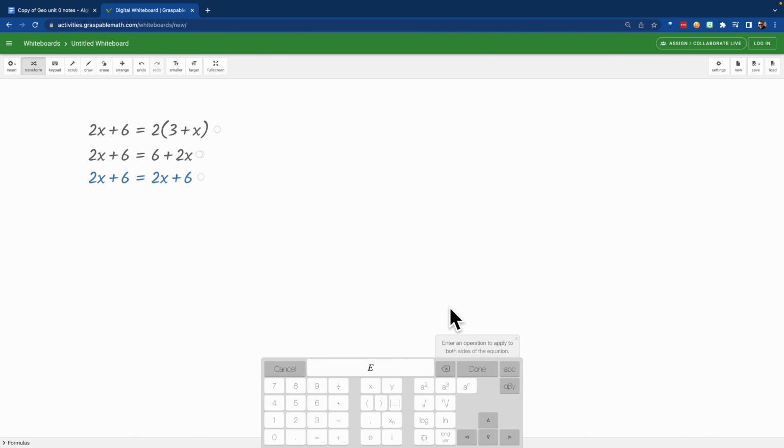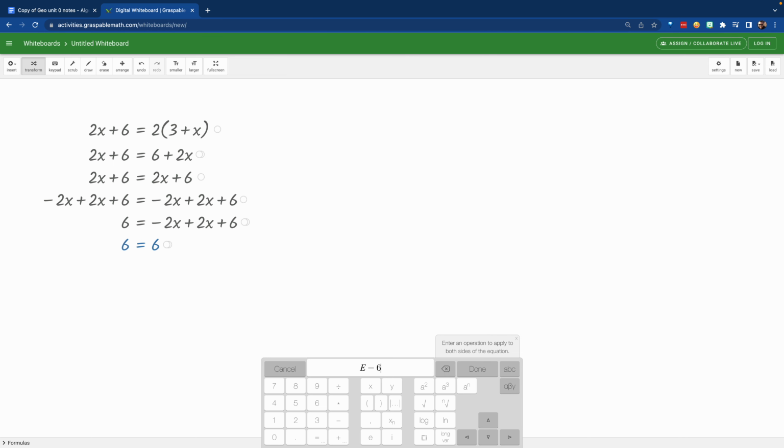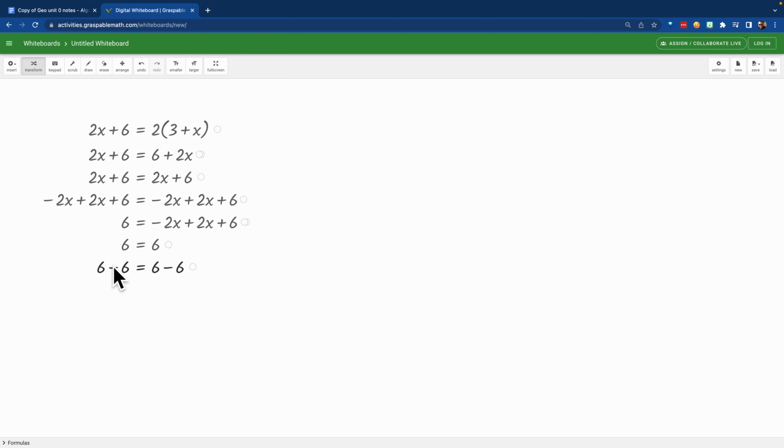Well, if I were to, let's say, try to get rid of that 2x, so if I add a negative 2x to both sides, that's going to make just 6 equals 6. I could even go further if I wanted to subtract the 6 from both sides, and then I'd have 0 equals 0. Whether I stop at the very end or I stop part way down, it's noticing that I have the exact same thing on both sides, which means that this equation will be true forever no matter what I